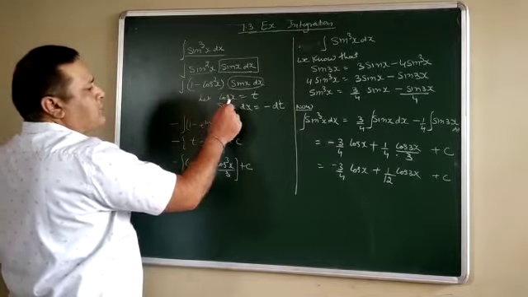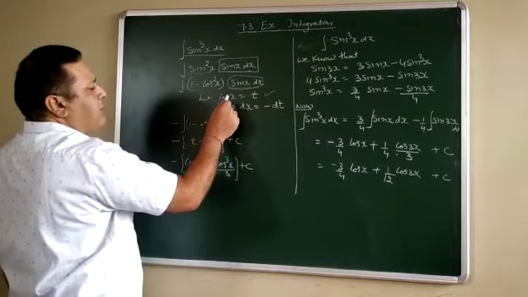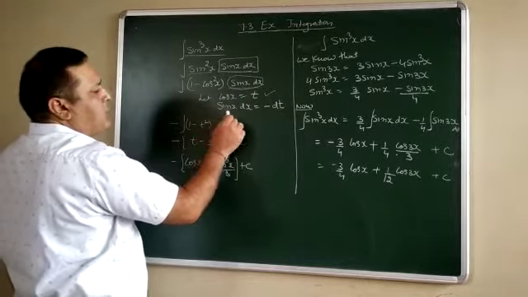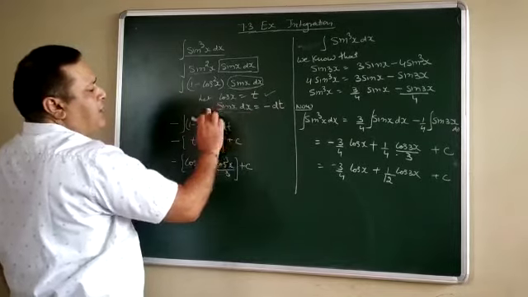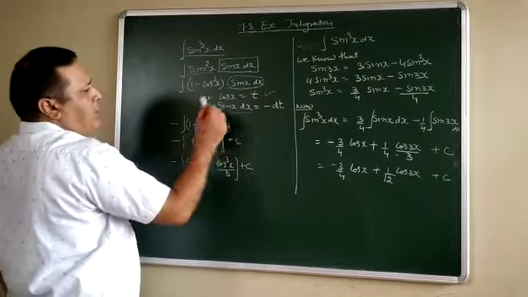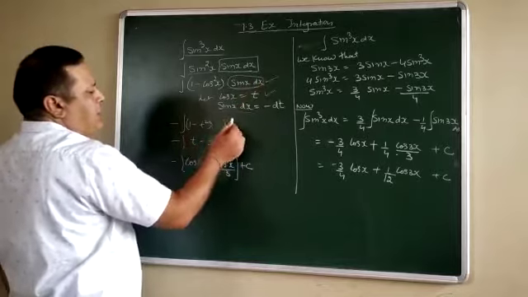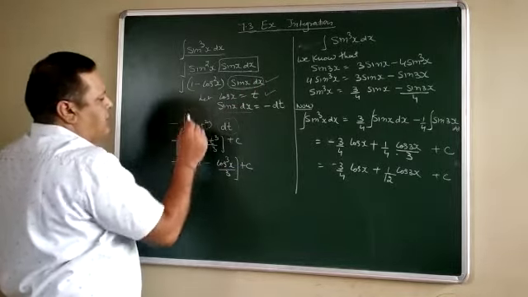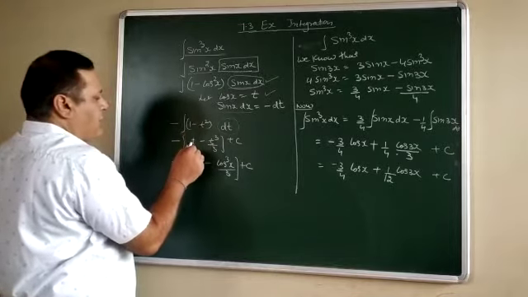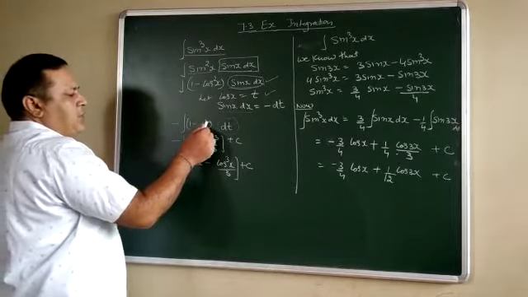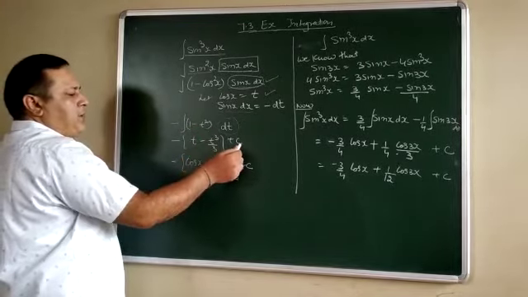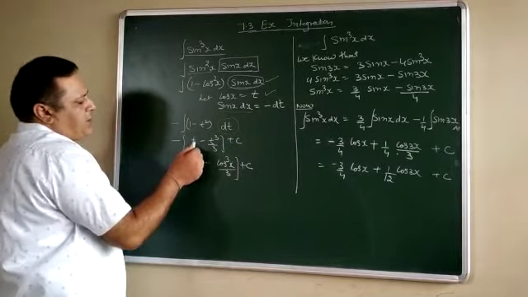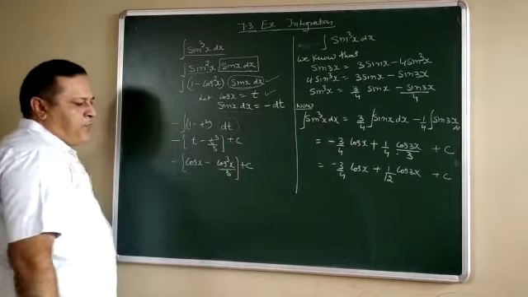Now if you see, this sine x is a derivative of cos x. So we substitute cos x equals t; its derivative, minus sine x into dx, is equal to dt. I transfer minus to this side. Now replace the value: sine x into dx is minus dt, and it is 1 minus t square. Now integration of 1 is t, integration of t square is t cube by 3, plus c, the constant of integration. Substitute the value of t here.